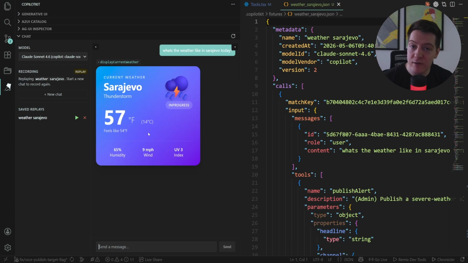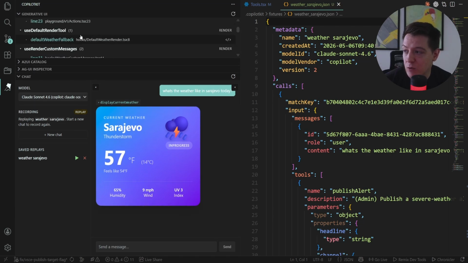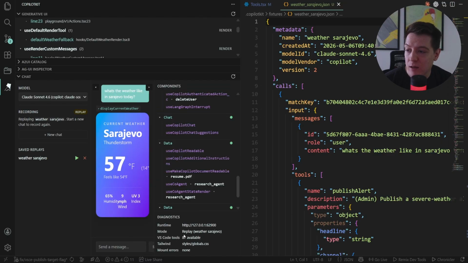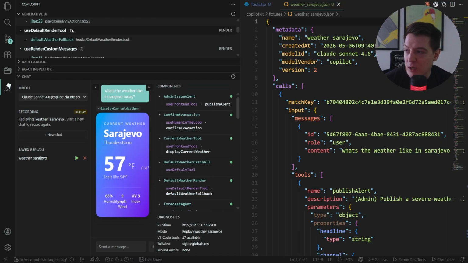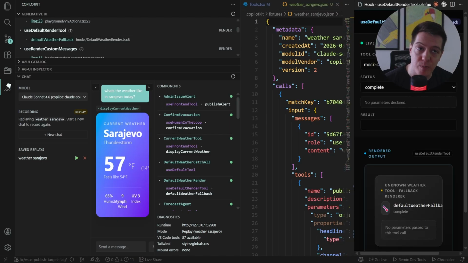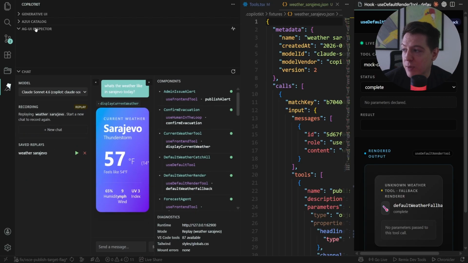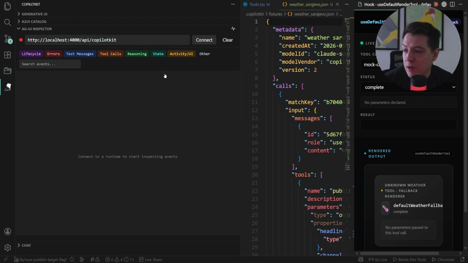And it has a lot of other features that I'm not going to go through, like generative UI. And this basically also finds this, and you can actually see where it is. You can open the code and you can also render it. This is what powers the demo I showed you earlier. Then you have the A2UI catalog, which renders all your A2UI components. And the last bit is the A2UI inspector, which I'm not going to go into, but basically it allows you